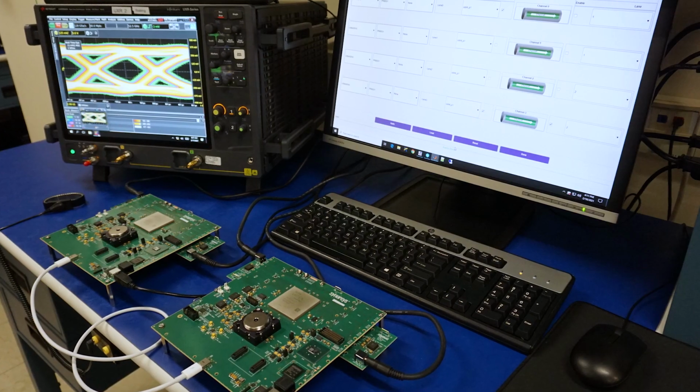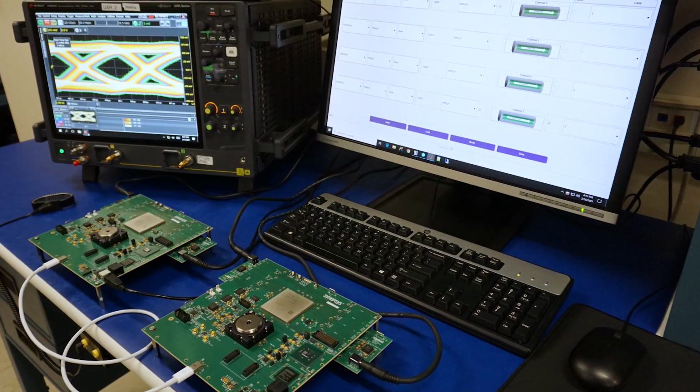Hi, today we're here at Synopsys to demonstrate the world's first USB 4 IP on the TSMC N6 process technology. USB 4 is the latest standard from the USB-IF, offering blazing fast speeds of up to 40 gigabit per second, so you can transfer data from your computer to storage devices and peripherals such as your camera and phone.